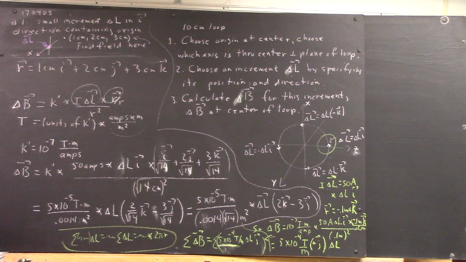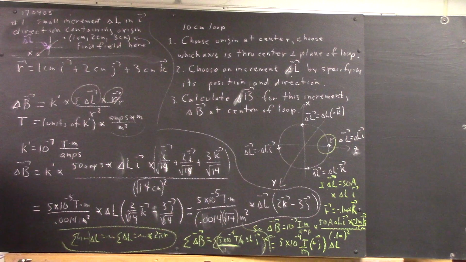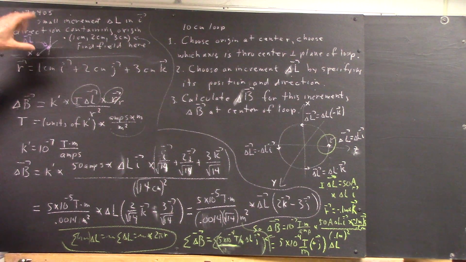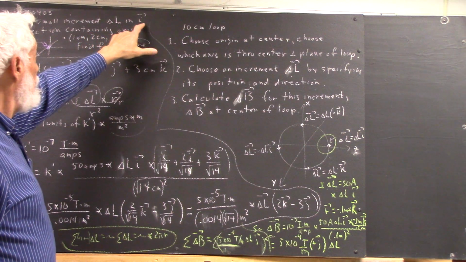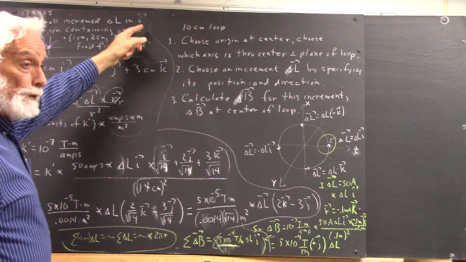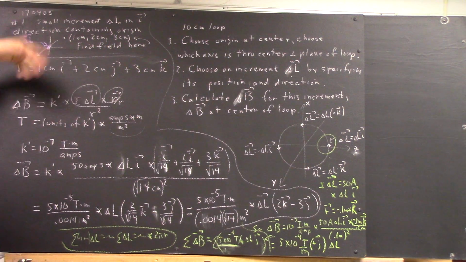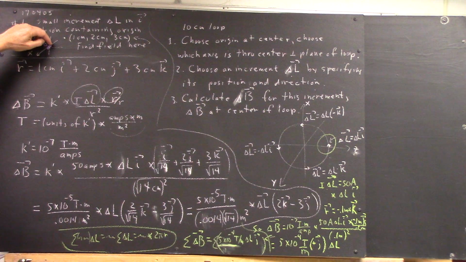Okay, so number one, we've established K prime is 10 to the negative seventh in units of Tesla meters over amps. We have a small increment delta L in the I direction, and that increment contains the origin. So what is that? Well, if we just slop down an XYZ set of coordinate axes, and I've only labeled the X because it's the only one that's really important, our delta L is a small increment containing the origin